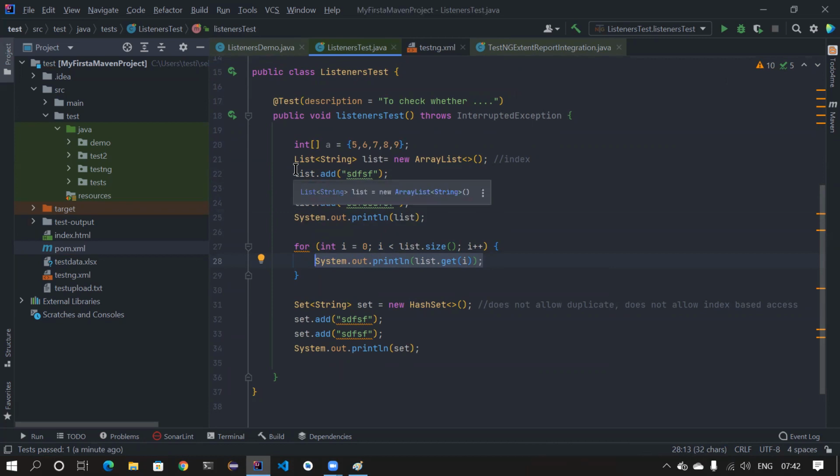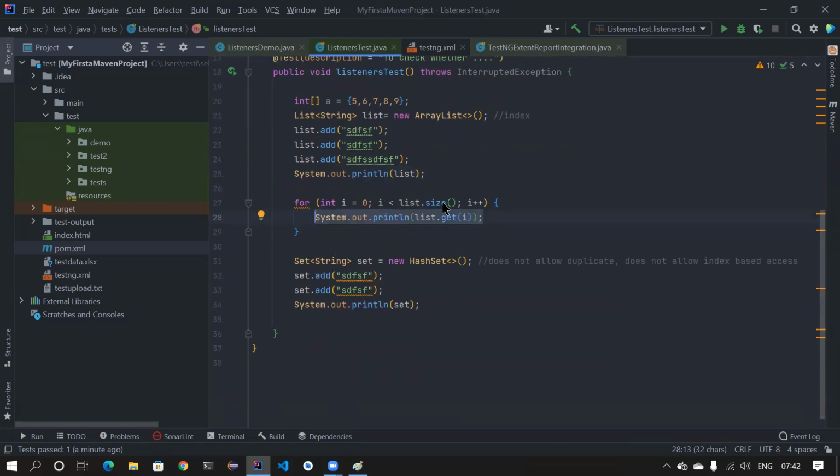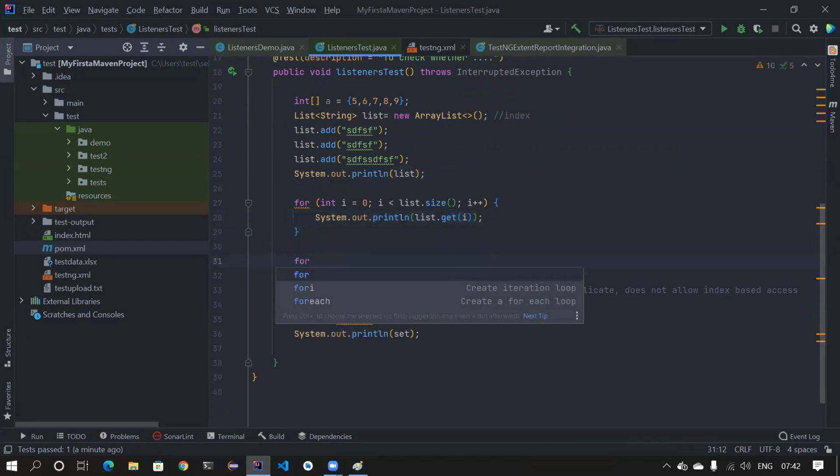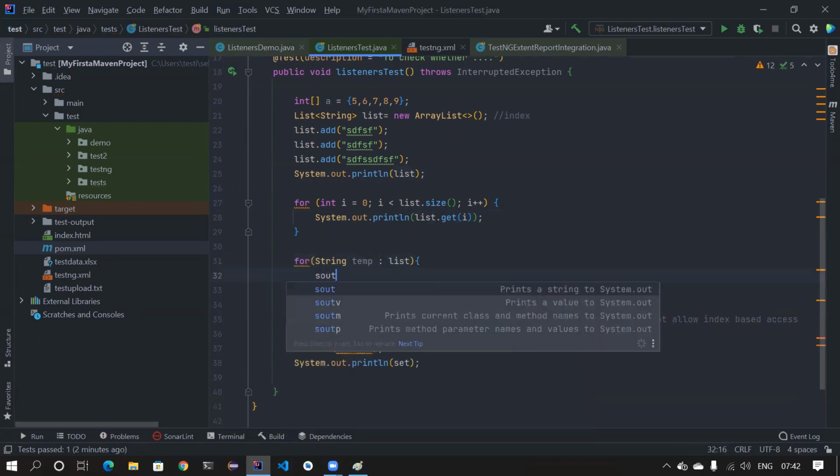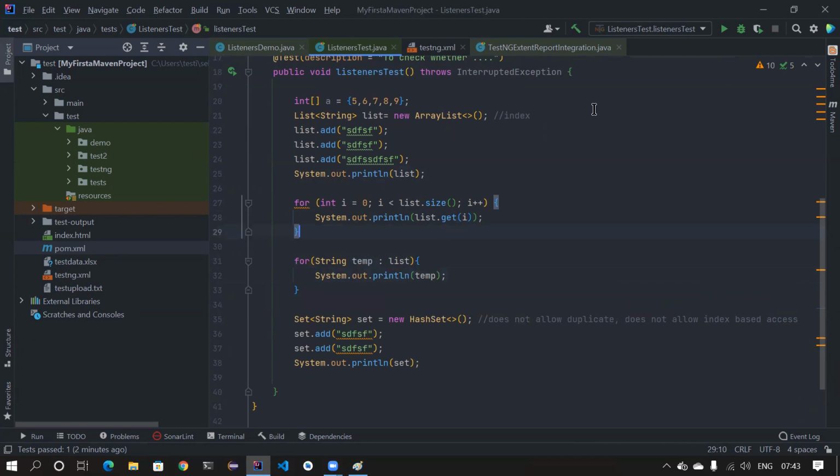But there is also another approach, called the for each loop. You can still put a for, and then mention what you are storing here. I'm storing a string. Let me put a temporary variable. I'll explain what I'm doing, guys, don't worry. This is actually the same as this. Here we are doing index based access, fetching the index and all that. But here, this is called a for each